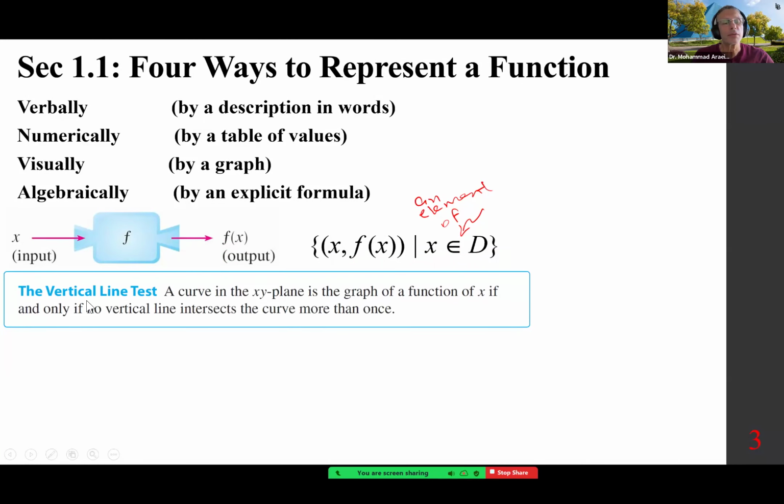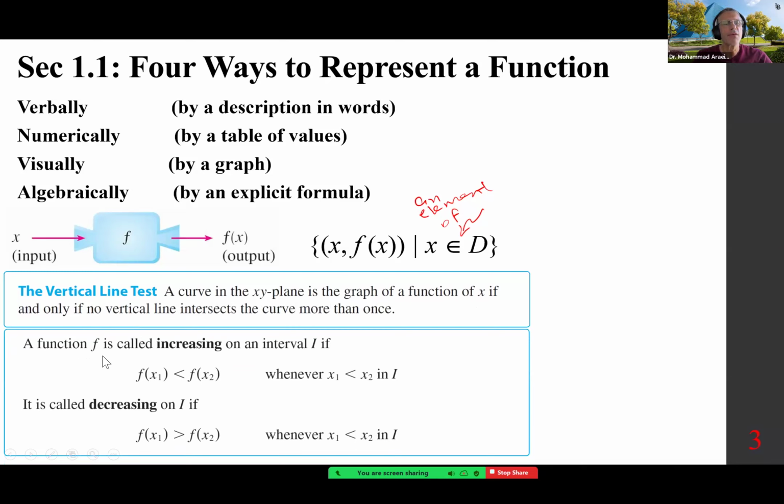Vertical line test, you've heard of it. The vertical line test: a curve in the xy plane is the graph of a function of x if and only if no vertical line intersects the curve more than once. Vertical line test. A function f is called increasing on an interval I if f of x sub 1